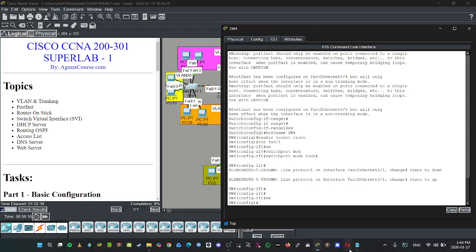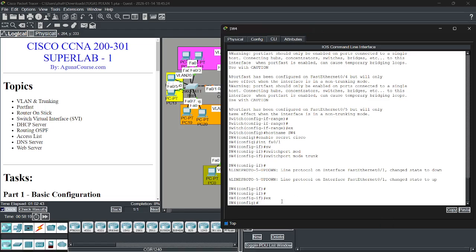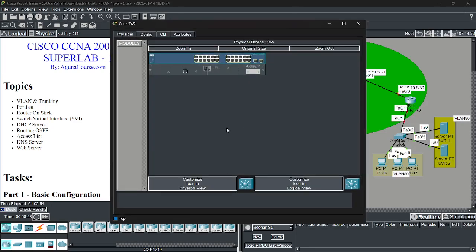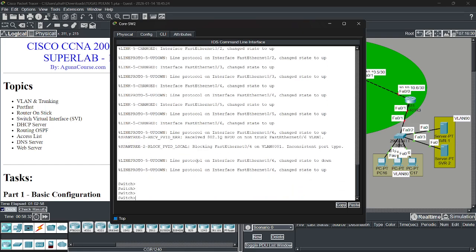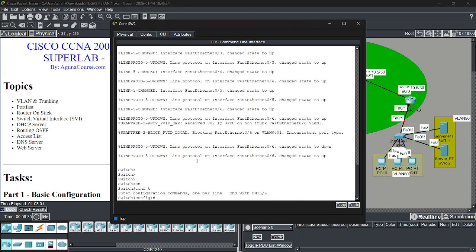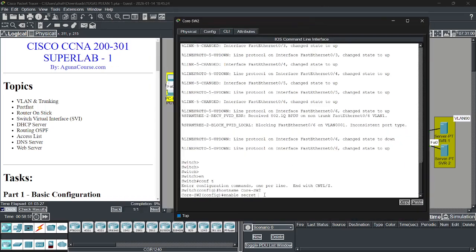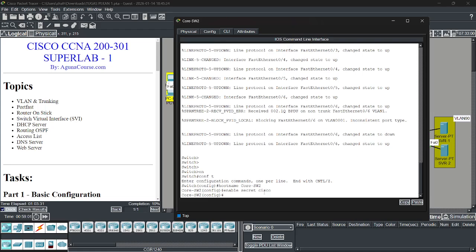and then we move to switch 2. Okay, switch 2, wait, switch 2, enable, configure terminal, and then hostname, don't forget, call it S2. Enable secret Cisco. Okay,